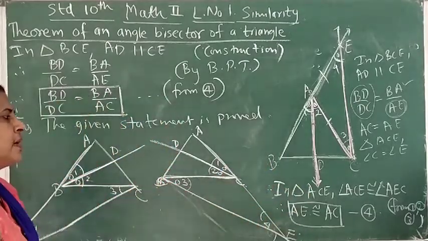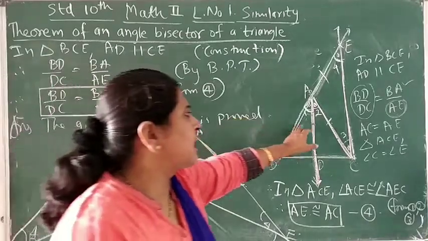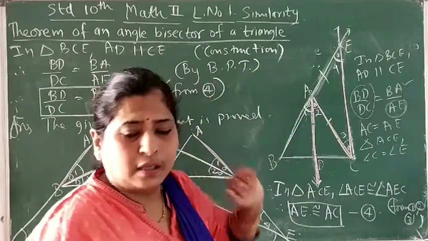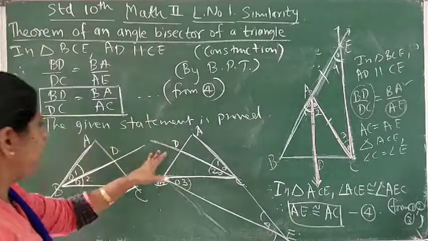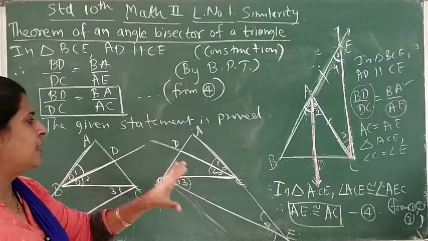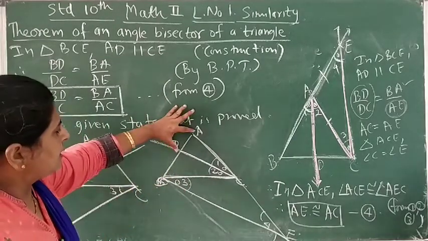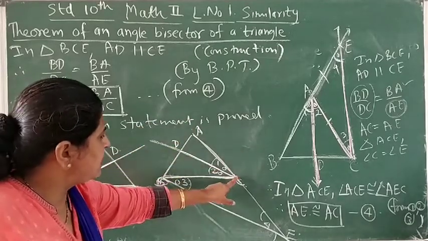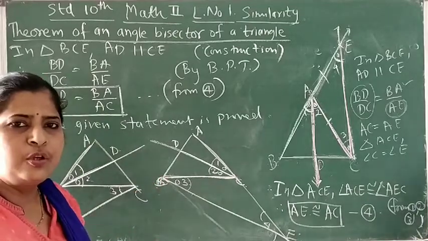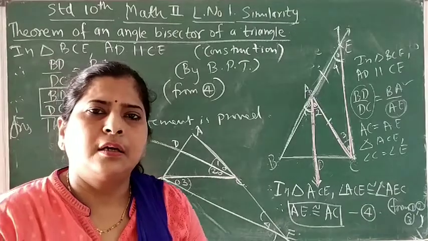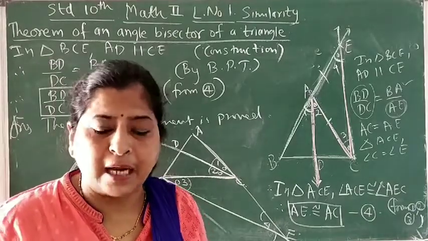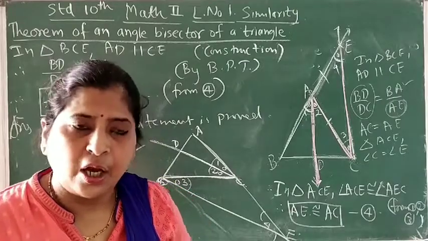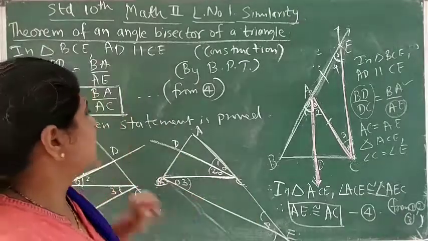So it is not always compulsory that you need to bisect angle A only and get the construction part. Either way, any way you can do it. Every time the conclusion is going to be the same, that the ratio of AD upon DB is equal to the remaining sides AC upon CB. So whatever you give the name, accordingly the letters will change, but the matter will not change. And this was the angle bisector theorem.